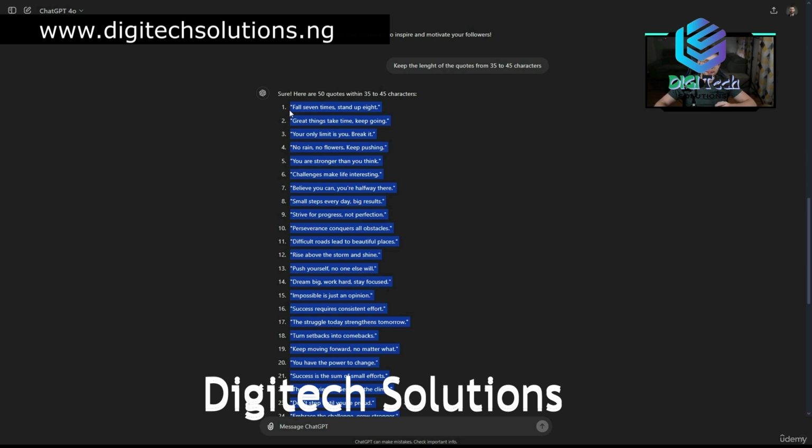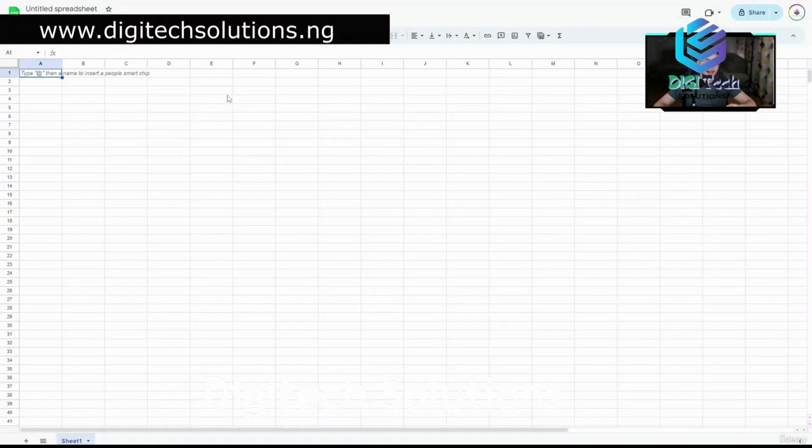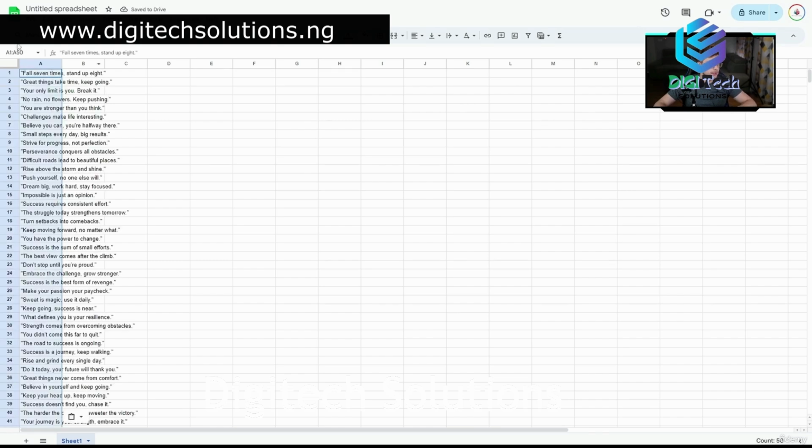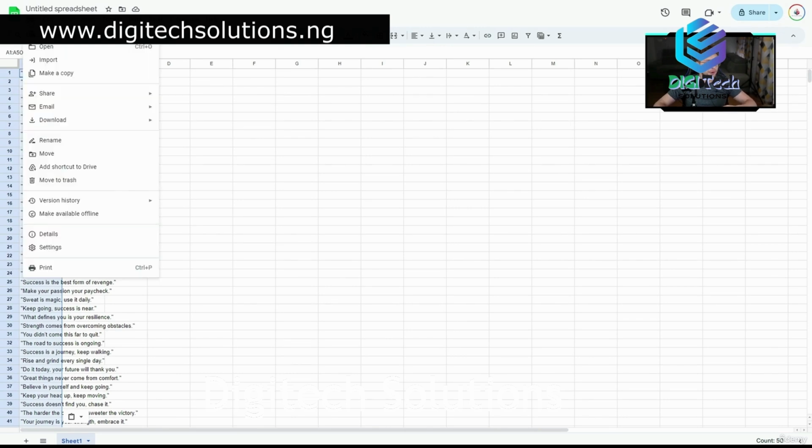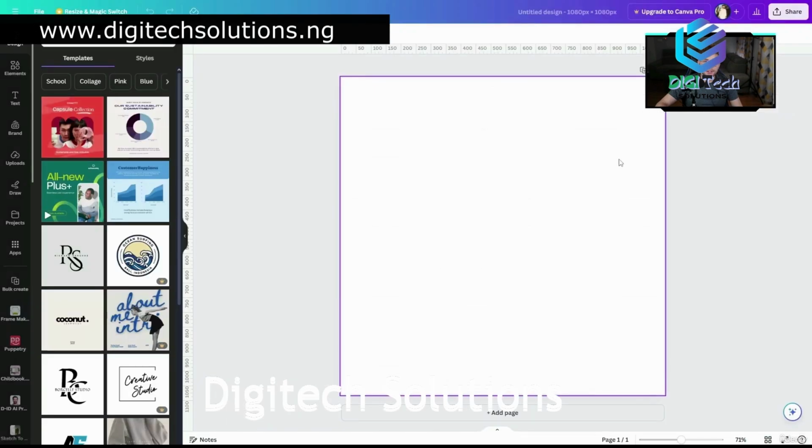content. And now what we need to do, we need to copy all of these quotes. Afterwards, create the document in Google Sheets or Excel and just paste all of the quotes right there in our file. And afterwards, go ahead to the file, go over to the download option, and here click on the CSV. After doing that, we can go over to our Canva and pick the design for our social media content,